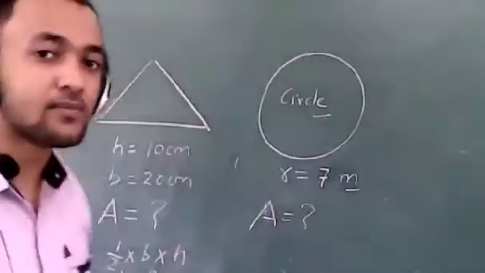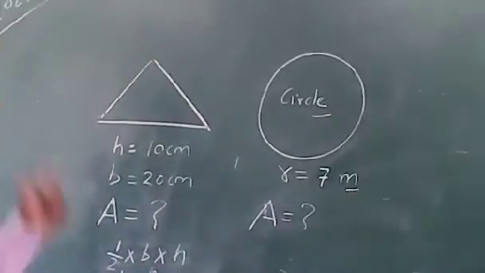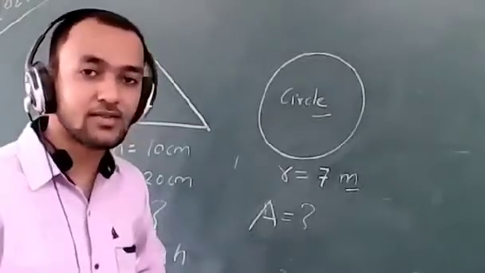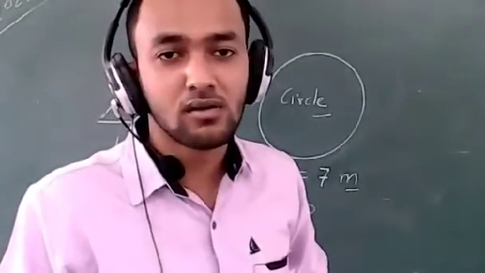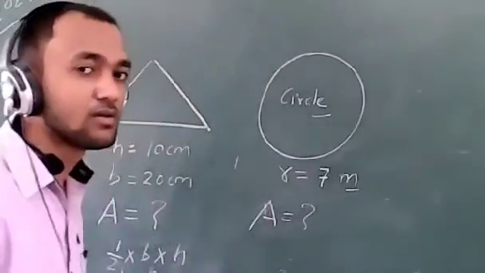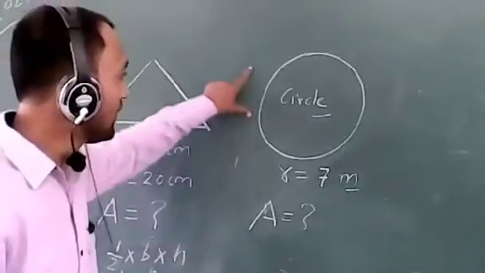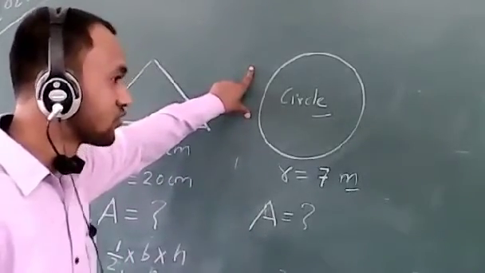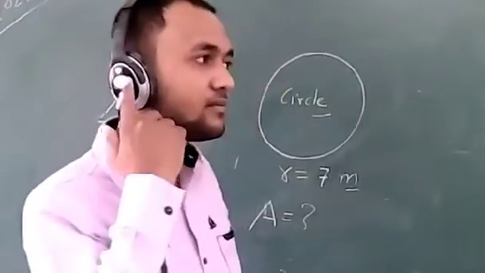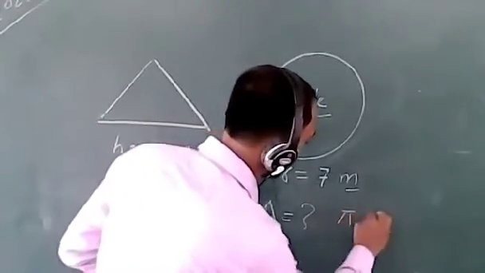Okay, Anika Khan, you have to calculate the area of this circle having its radius 7 meters. You tell, Prakriti. 22 meters square. So first tell me the formula for calculating the area of a circle. Pi into radius square. Very good. So area will be pi into radius square.